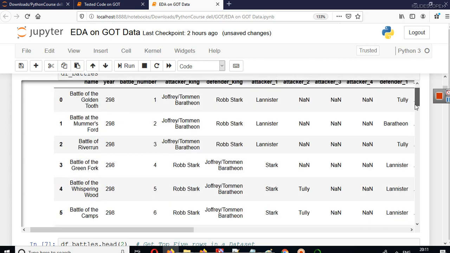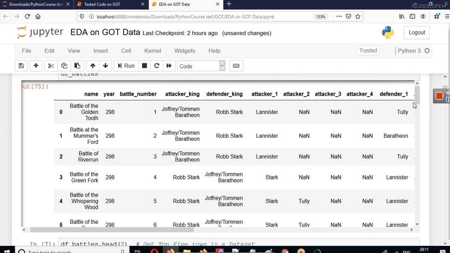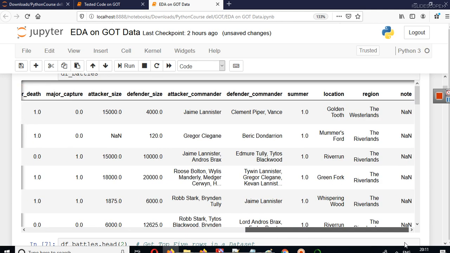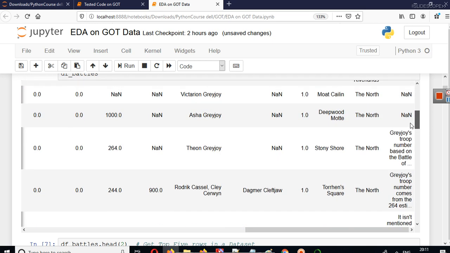When a particular column has repeating values, we can apply value_counts. You just saw that in the previous example, because region is also a value that is repeated.